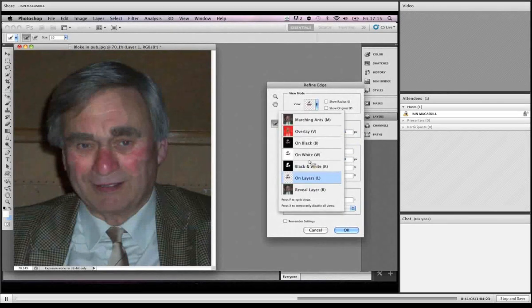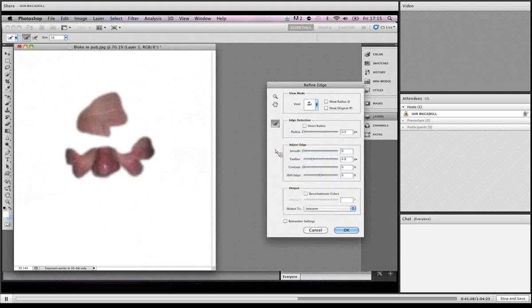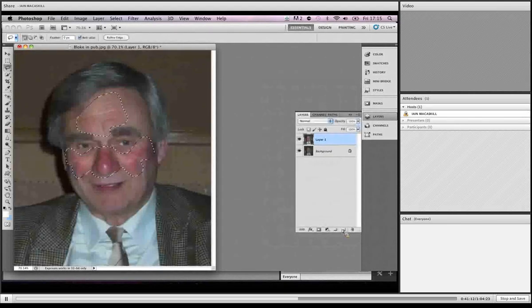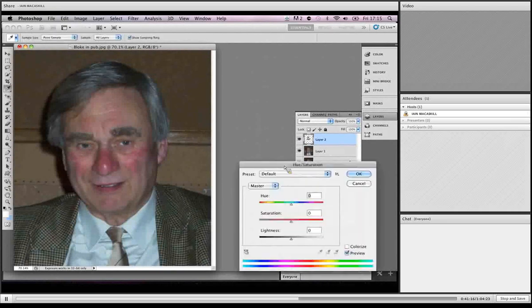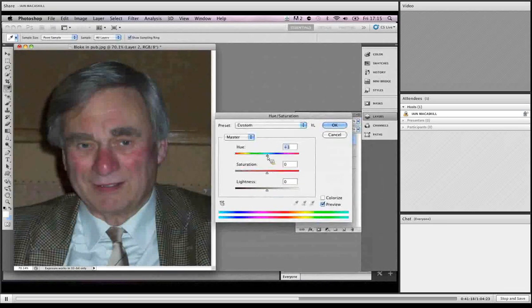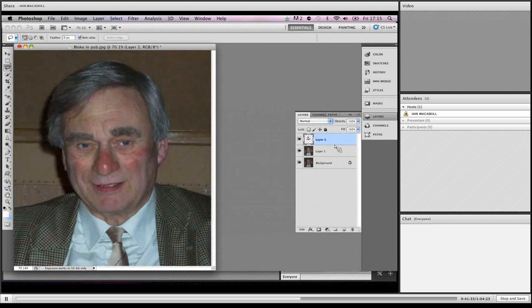The healing brush tool doesn't do that. If I choose that one, the align sample is not checked, and that means your source point stays, and you work here, and then you go work here, and you work here, and your source point stays put the whole time. Because it's not using the same kind of information or trying to fix the same thing. So we'll alt-click there, and that's my source point, and to begin with I'm just going to tap a little bit around, and you can see that every time I let go,